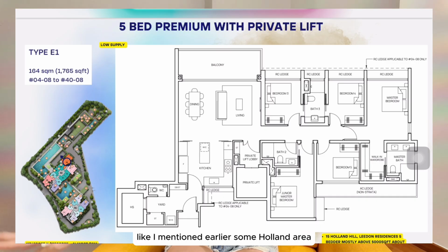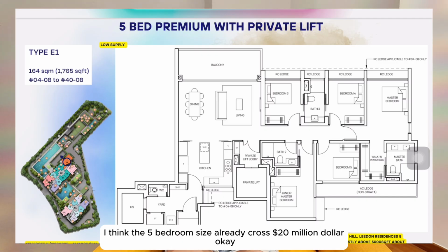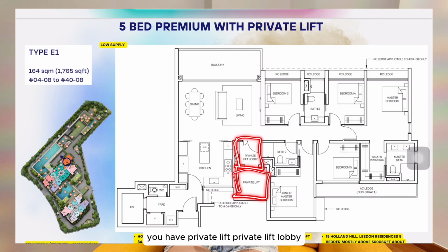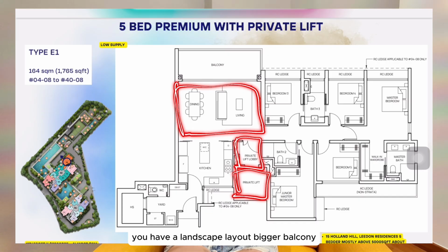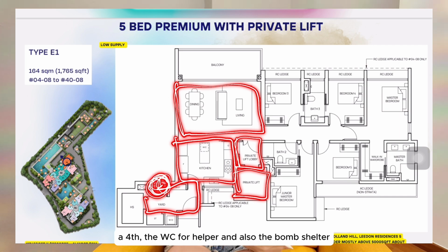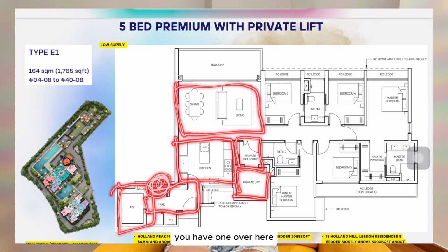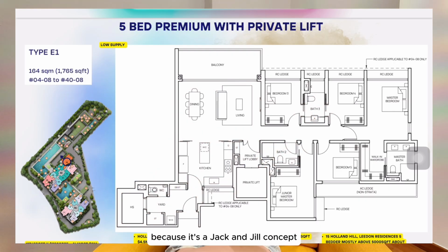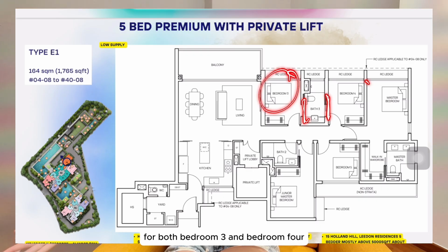Like I mentioned earlier, in some Holland areas, I think the 4-bedder size has already crossed $20 million. Right now, in terms of floor plan, it is pretty similar. You have a private lift lobby, a landscape layout, a bigger balcony, a squarish kitchen, and a yard area that comes with a third WC, the WC for the helper, and also the bomb shelter. In terms of normal toilets, you have one linked to the junior master, and one over here,